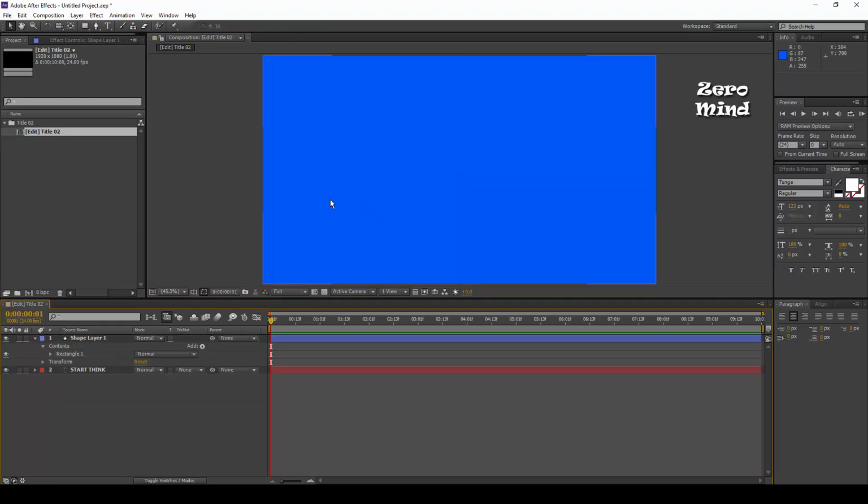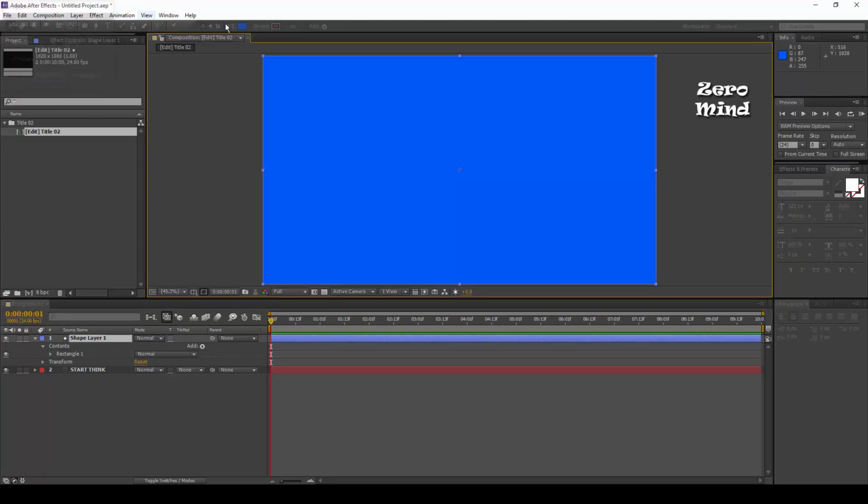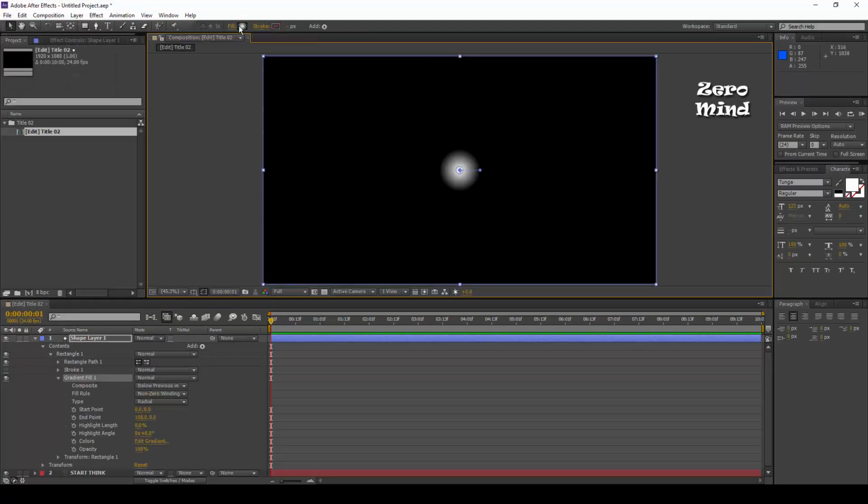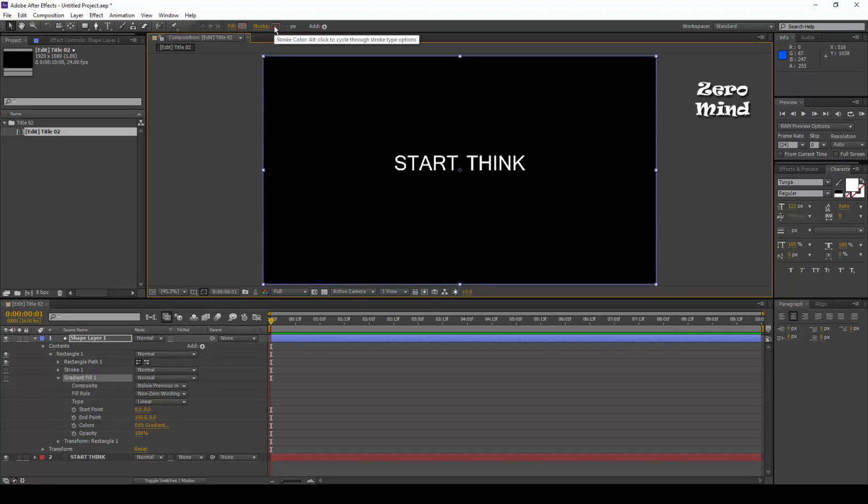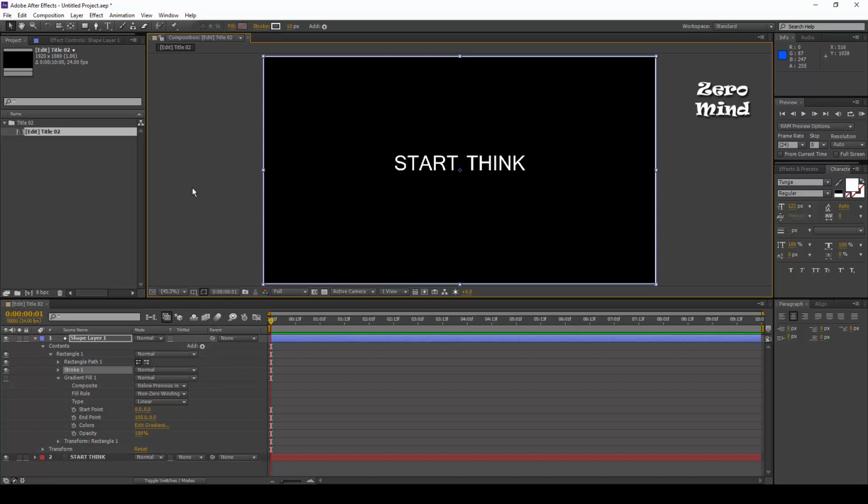Here I don't want a fill, I want an outline. So I select this layer, hold down Alt key to disable the fill color, and again hold down Alt key to enable the stroke.